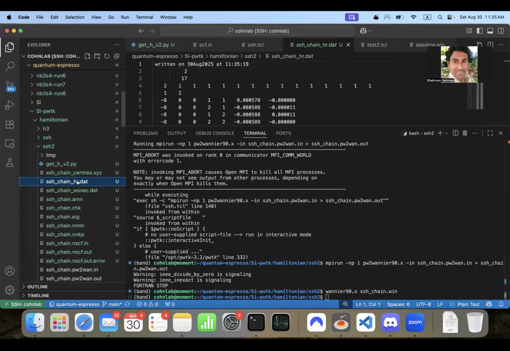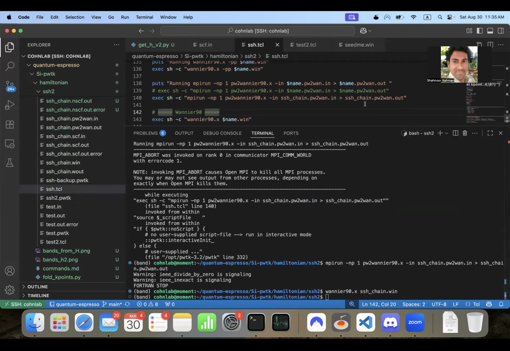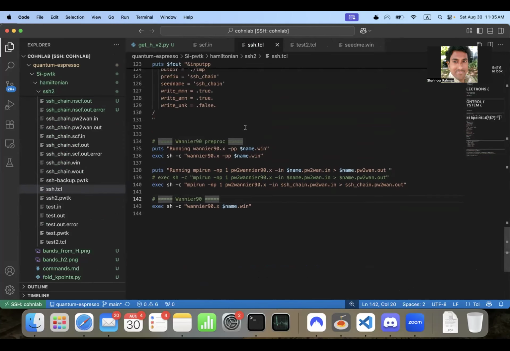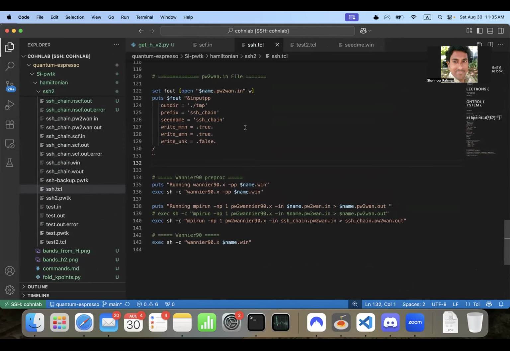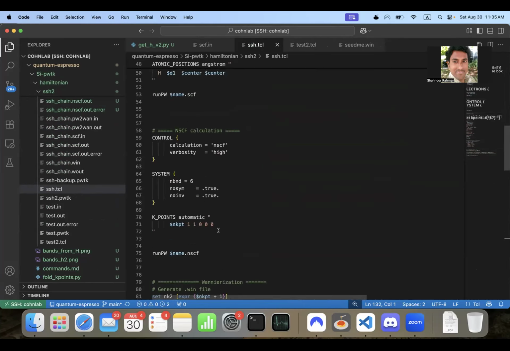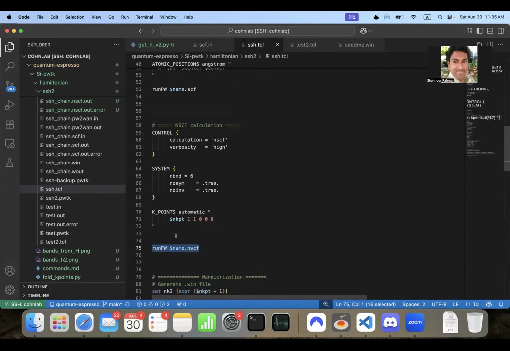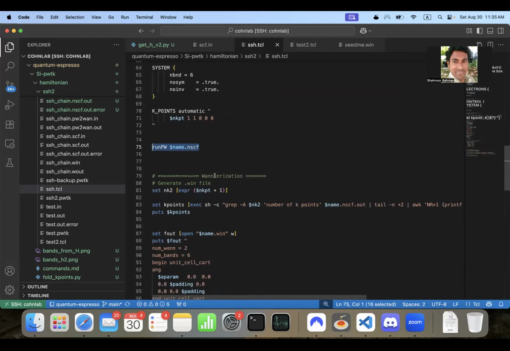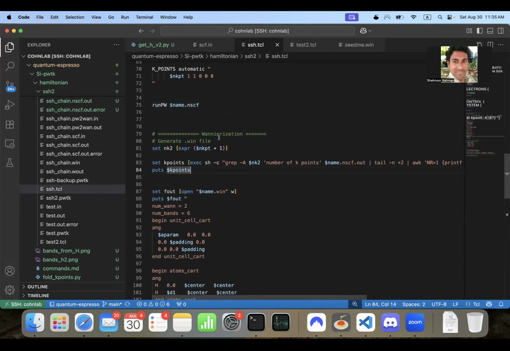And we have this Hamiltonian here. Okay, hr.dat, that's the Hamiltonian. So what I'm doing with this TCL file is whenever I'm running some executable, I'm also generating the input file for that. For SCF and NSCF, if you just run this command, it generates the input file and runs the computation. But for Wannierization and pre-processing, it doesn't do that automatically for some reason, or I still don't know the command to do that. So I'm manually creating this WIN file, which is,